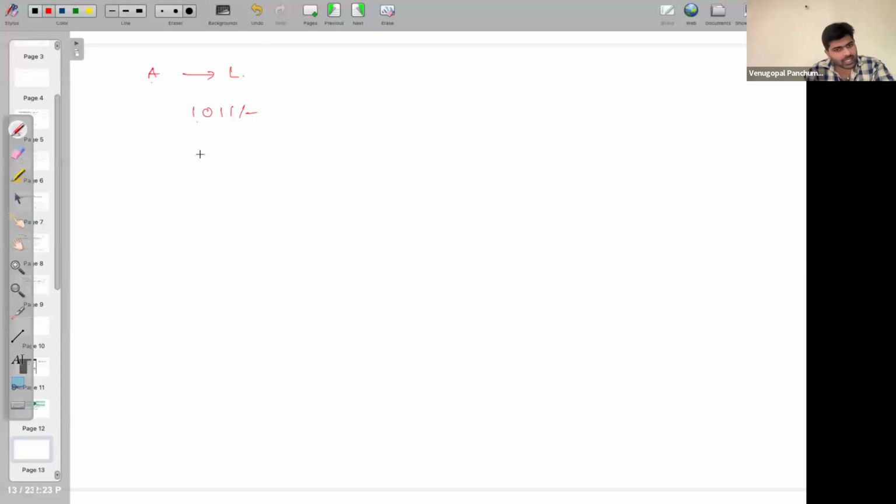For example, if she added 1011 base 2, then that number is different. If she put 1011 base 8, then its number is totally different. Then if she put base 16, it's totally different. Now, if she replied like this, without base,